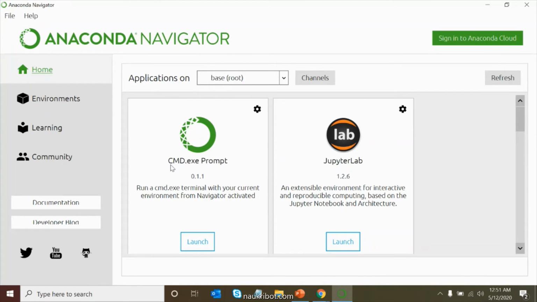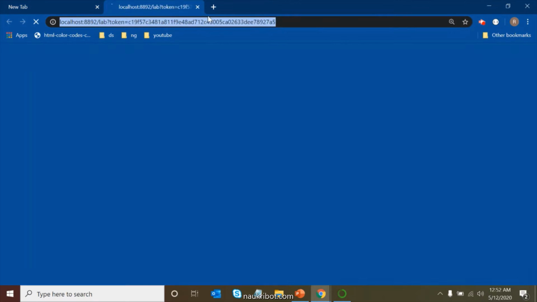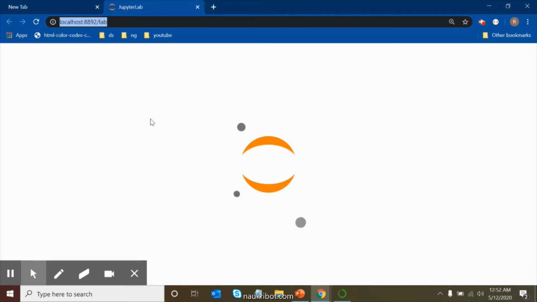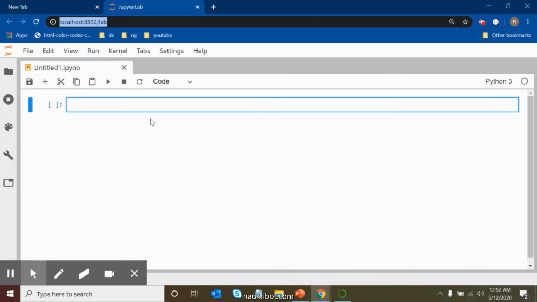We have two options: one is the command prompt and one is Jupyter Lab. I'll go with Jupyter Lab, so I will launch it. Now it has started in my browser. I get a notebook here, where I can write my program and run it line by line.